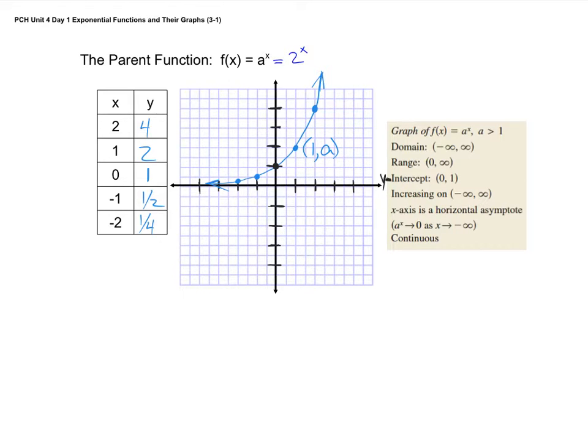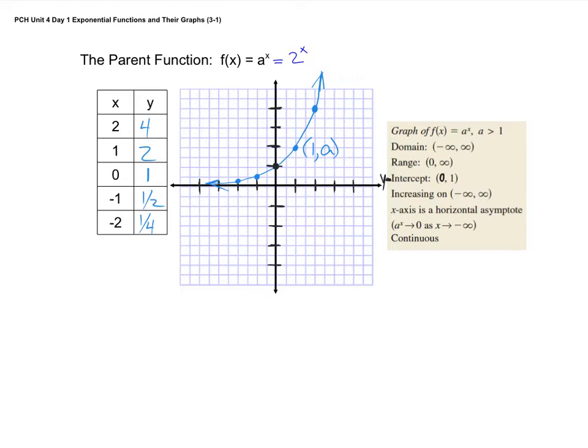So y can smaller than y. Well, here's the thing. It's always going to hit 0 for the x's because our domain is all real numbers. The y will never equal 0 because even if I have,